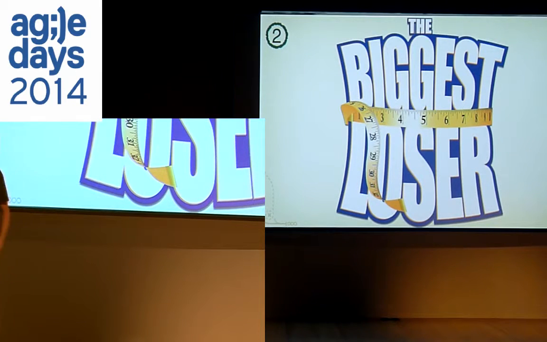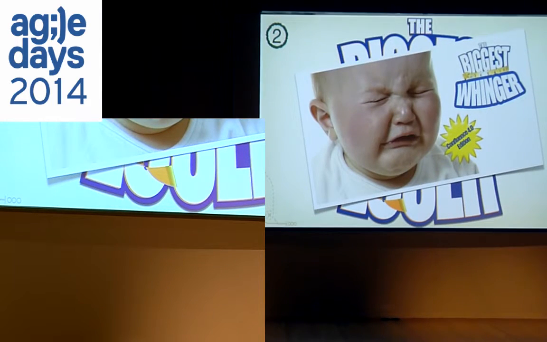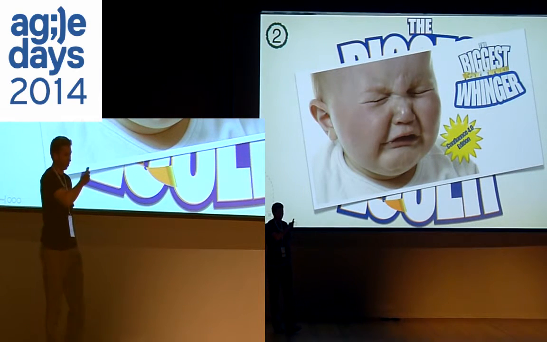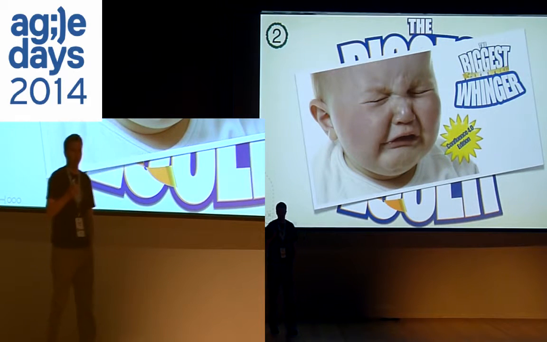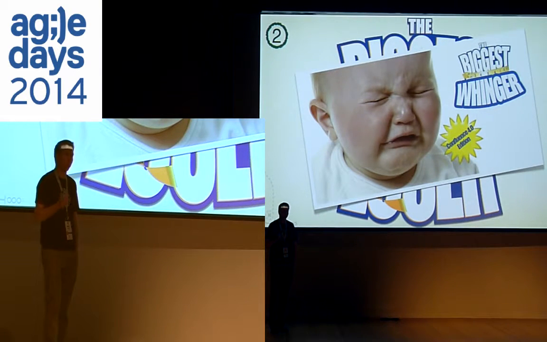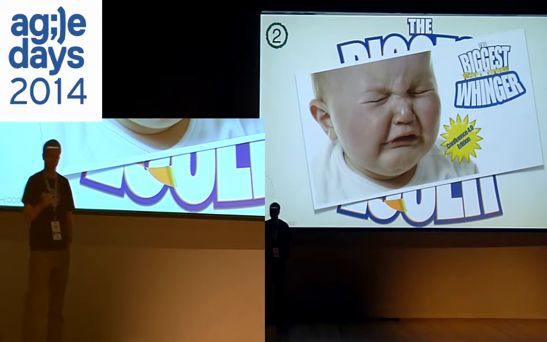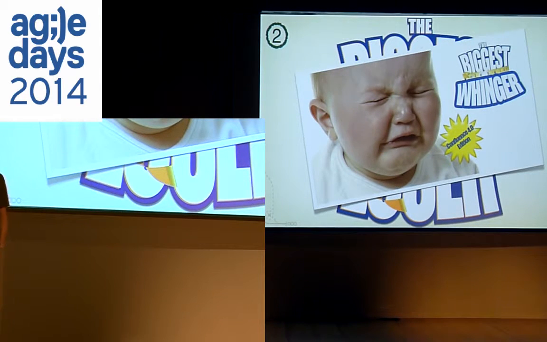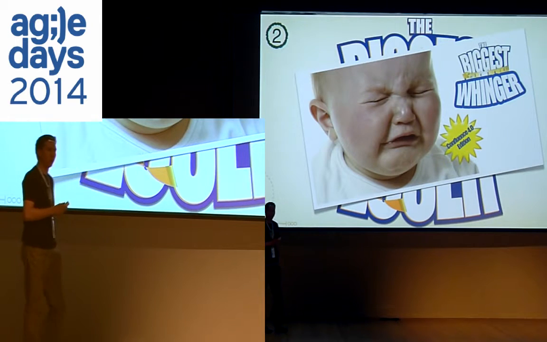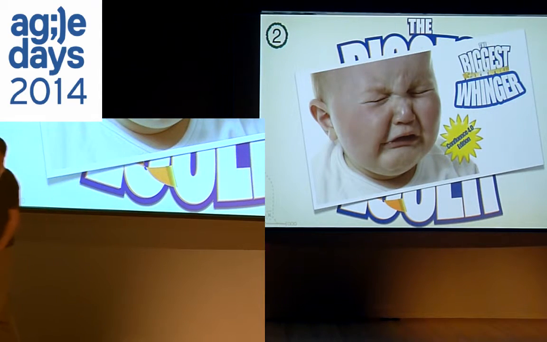So we thought, all right, why don't we do something a little bit similar in the context of software development? And we came up with that idea of creating a game called The Biggest Whinger. So, the whinger is, I wasn't familiar with this name either, but the whinger is actually an English term that refers to somebody who complains constantly, somebody who complains a lot. So, we made it a competition to complain for one of our Confluence releases. And we created the Biggest Whinger prize.